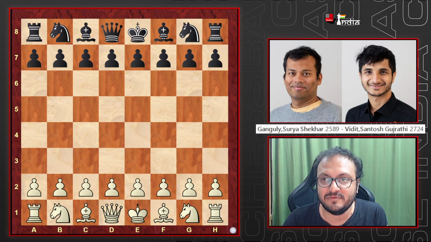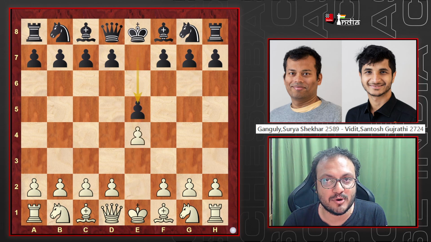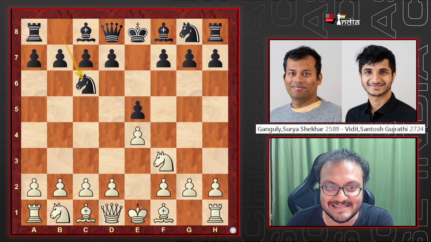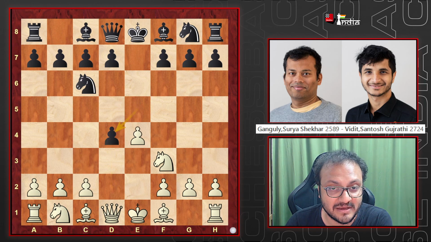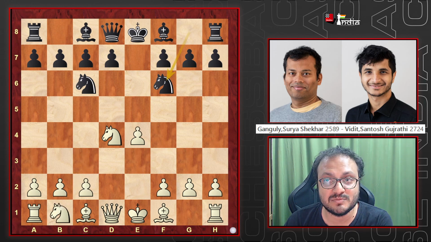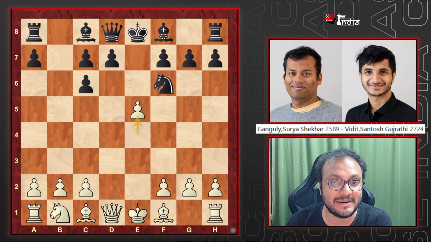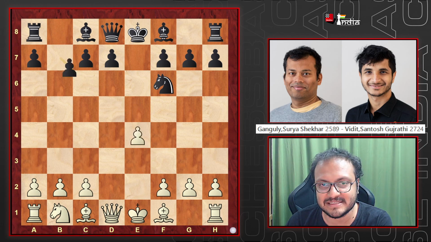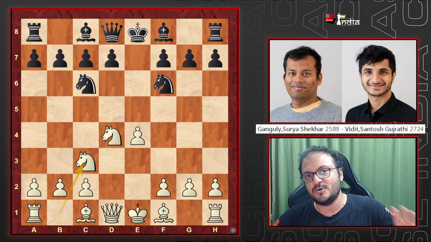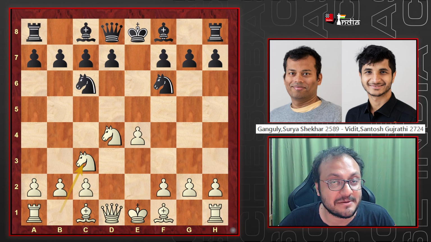So the game started off with 1 e4. Vidit responded with his favorite move e5, knight to f3, knight c6, and we have the Scotch opening. Pawn takes, knight f6, knight to c3. Now, the most ambitious move here is to take and play e5, which is the main line. And very sharp, very exciting games. But Surya said, well, first round playing against the top seed, let me be very solid.